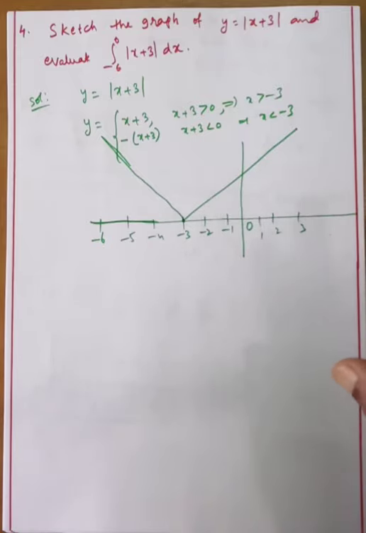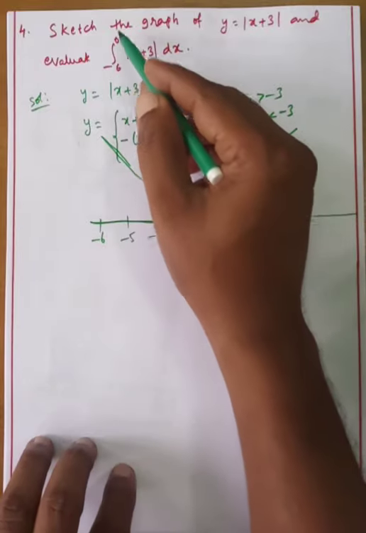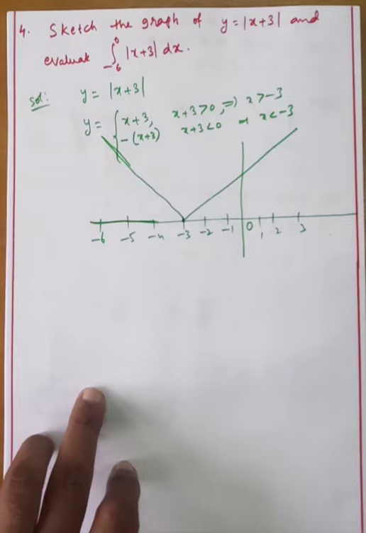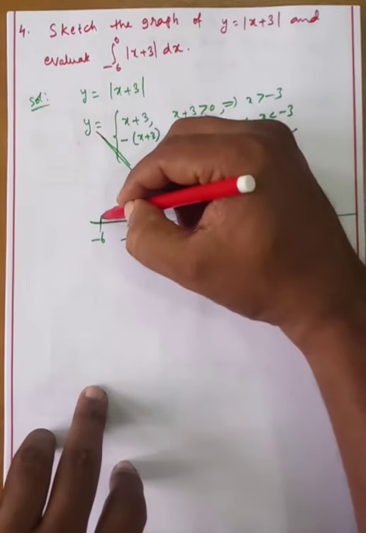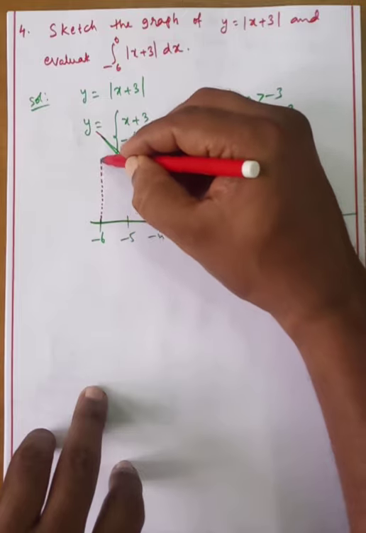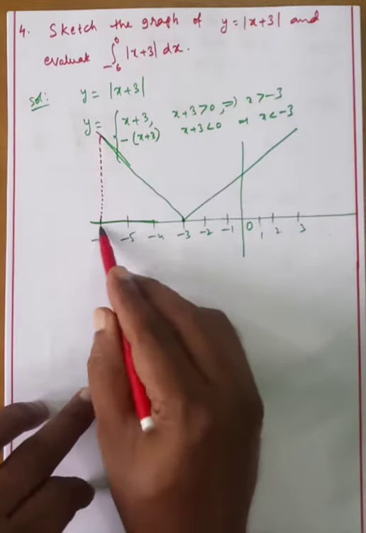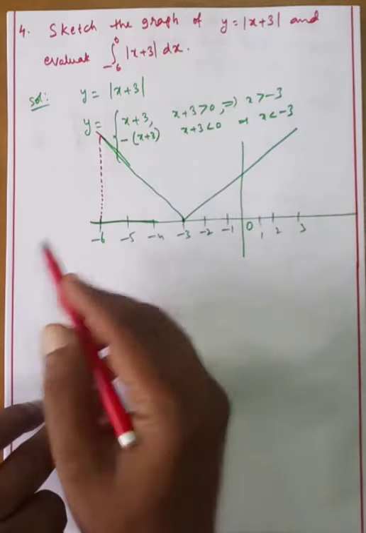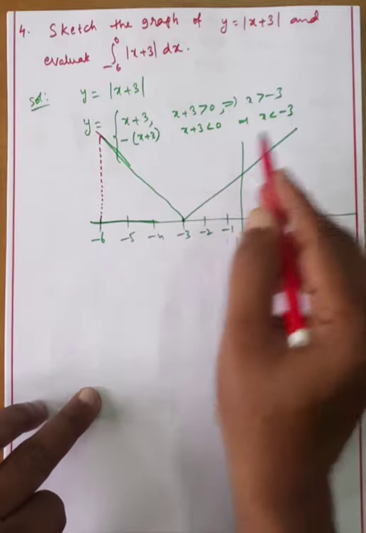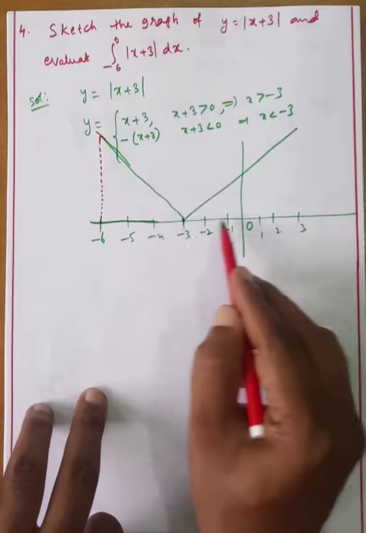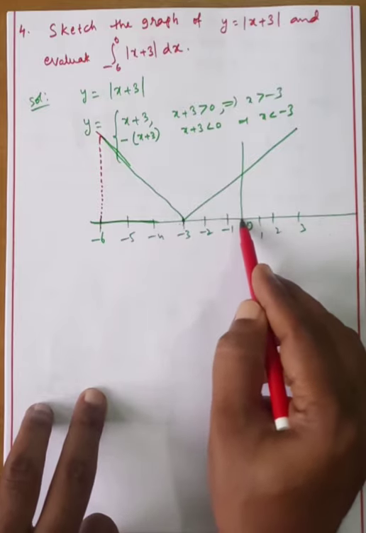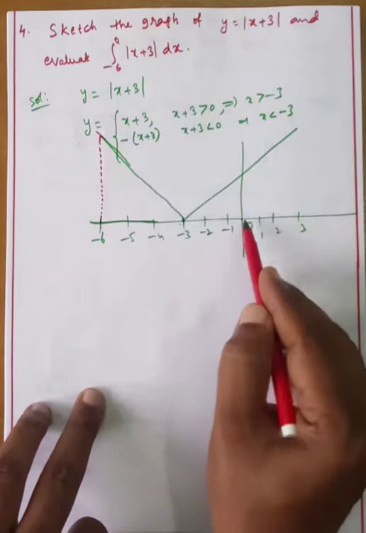This one is the modulus of x plus 3. Now what is given? Minus 6 to 0 is asked. Here minus 6, the extension is going on here to minus 6. This is the x value. X value minus 6 means here. Here minus 6 to minus 3, 100% left side, means less than minus 3. Less than minus 3 means you will take the negative. Next, more than minus 3 means minus 3 up to here only. Asked is minus 6 to 0.